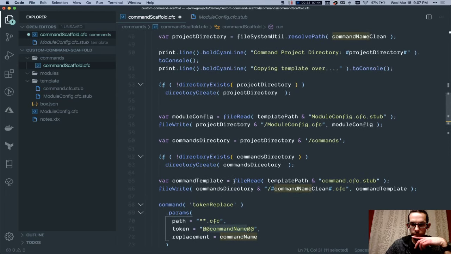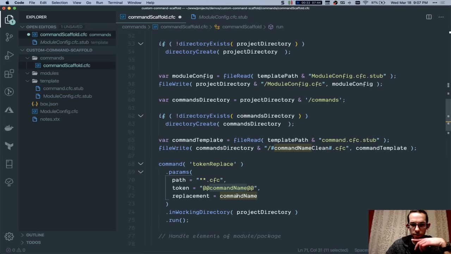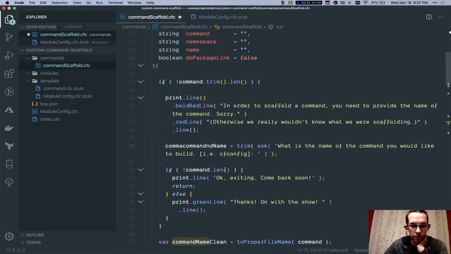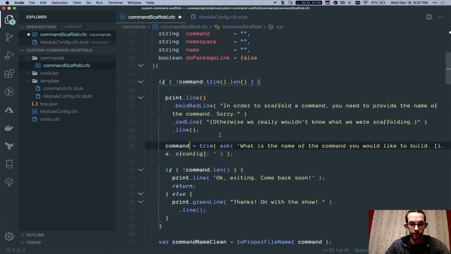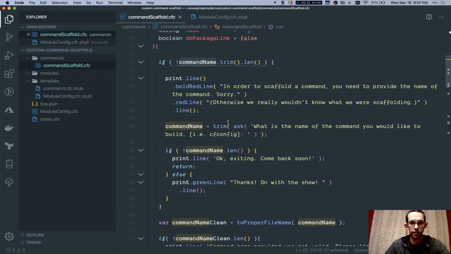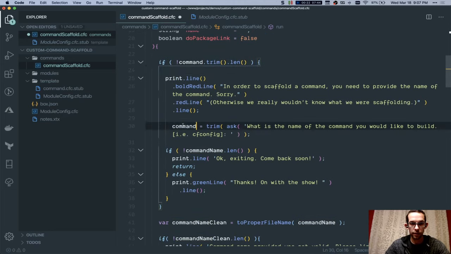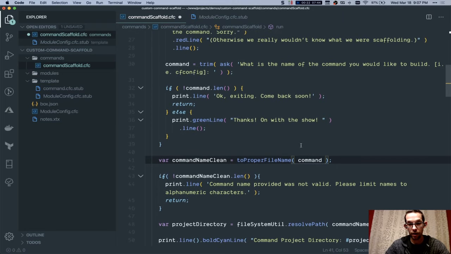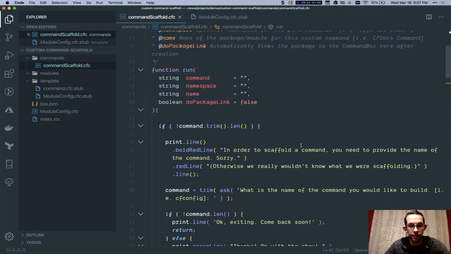We're passing in the actual command name. Oh, because that was the one that we were using. Well, that would have broken. That was supposed to be, yeah, okay, command. Command, command. All right, then we're using the actual, so that's why I had that line about validating the command